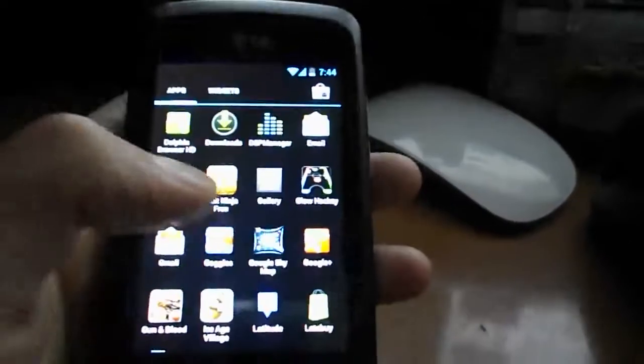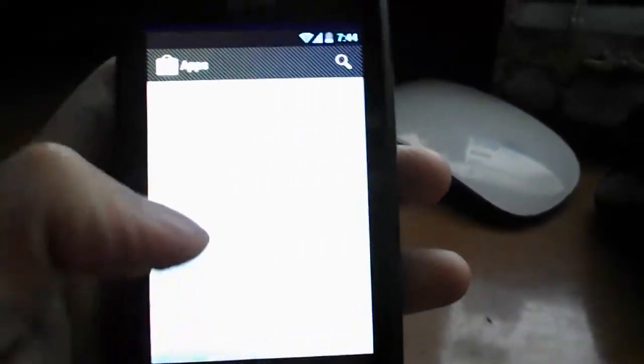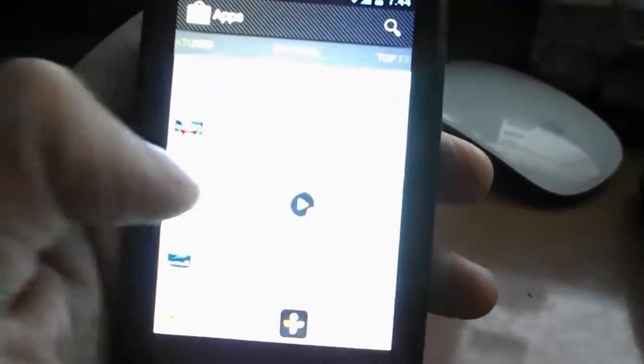You'll see even the app drawer is changed, so you can jump straight into the Play Store from here. The Play Store has changed with Ice Cream Sandwich. You can see all the settings here, games, top paid apps, etc. You can go home,